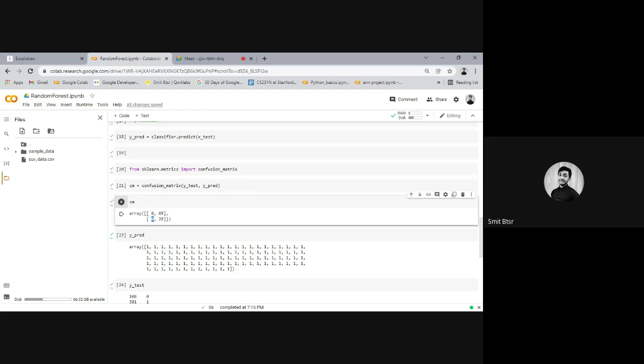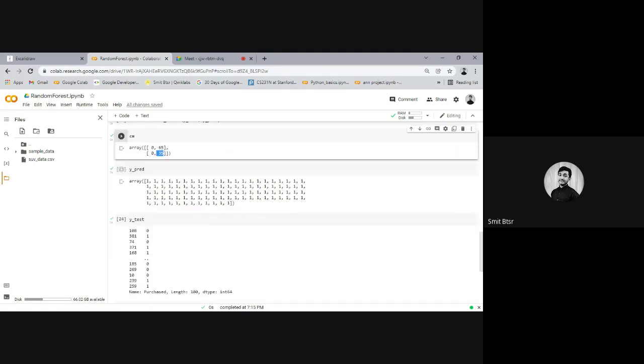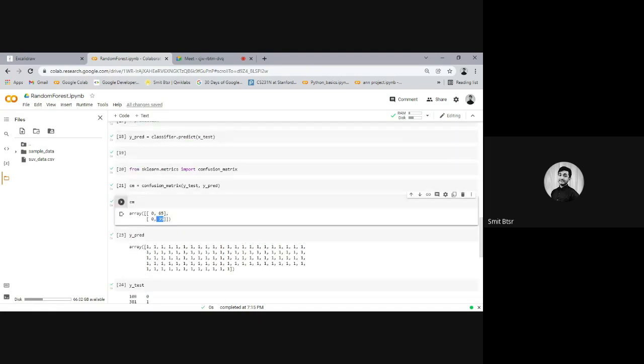Here the true output was 1 but the predicted output was 0. If you say false 0, it means 1 only. Those are cases where 1 should be there but there was 0, and there are no such cases. And here, false one means 0: there should be 0 but there was 1, and this case exists, with 35. So you can interpret these four things.